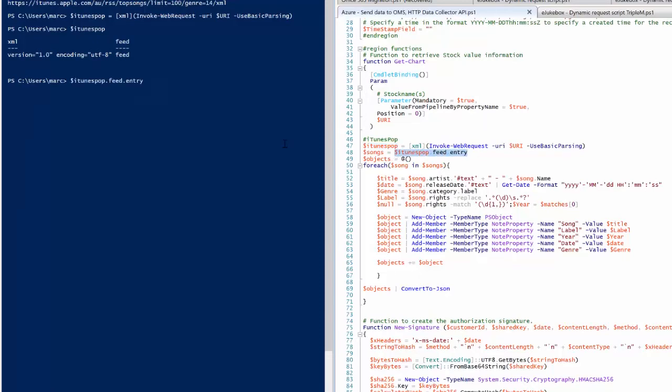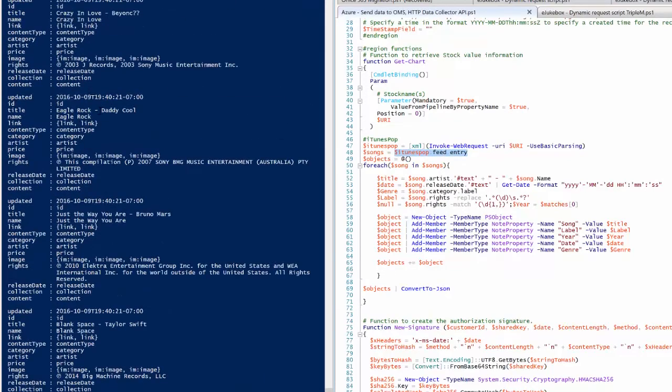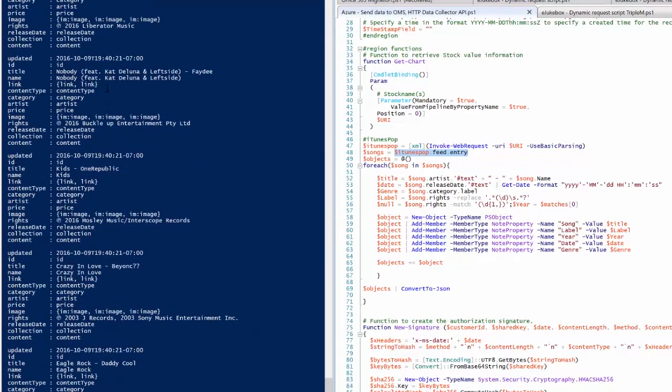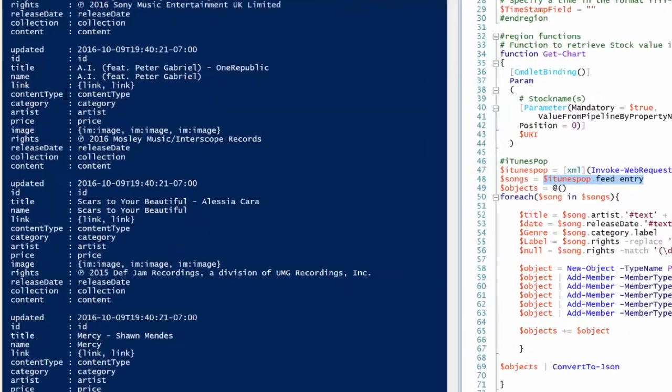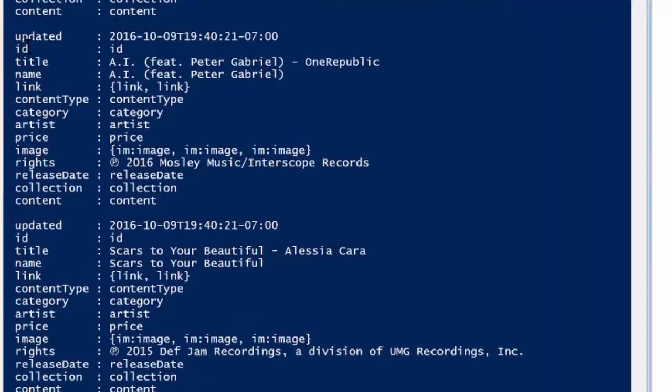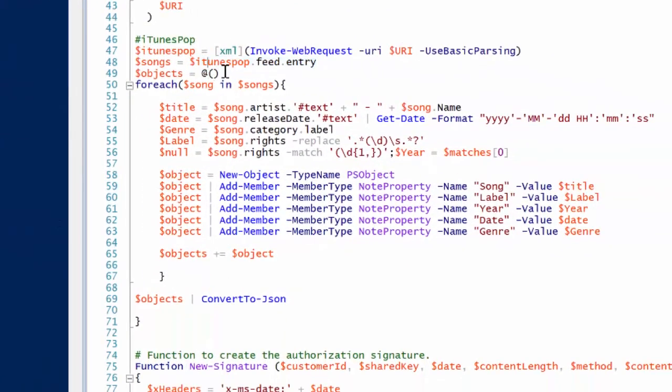If I break that out even further, I can see here a list of all the songs on the iTunes pop charts. But the problem is, for each song, if you have a look at the fields here, the fields are not necessarily the ones that we would like. Some of them are not formatted correctly, and maybe it's too much information. We don't want this information. We want to change it around a little bit. So this is what we can do in PowerShell. We can massage it to how we want. And this is what we've done exactly here